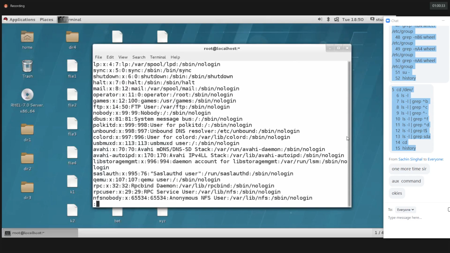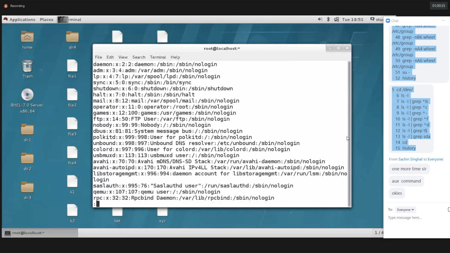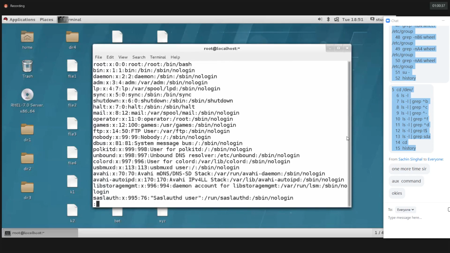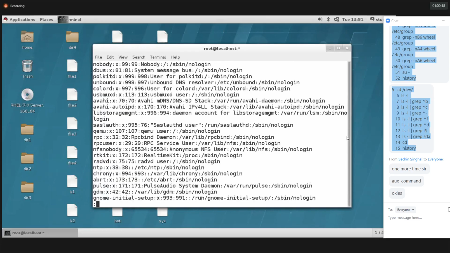You can use navigation keys to navigate the file. You can use the up arrow and down arrow. Then we'll have the B and D options. D is for down, guys.